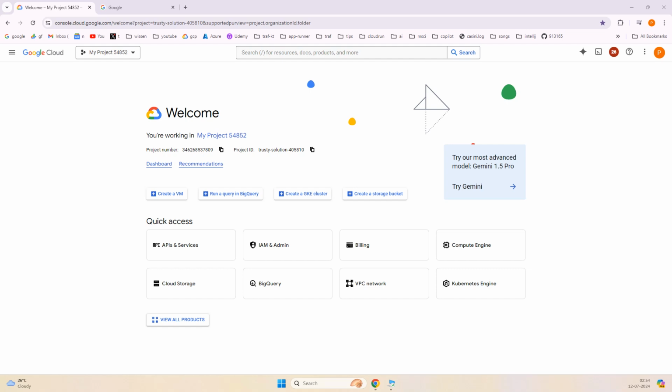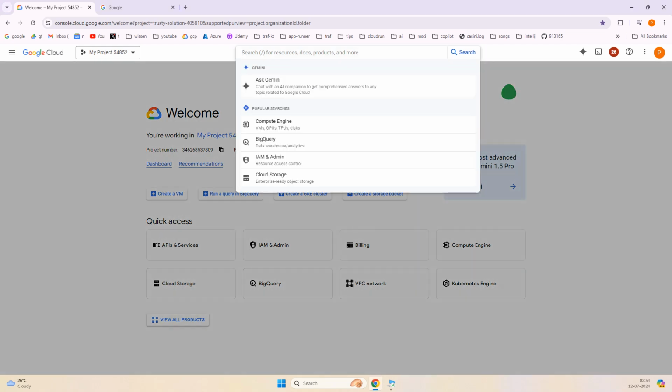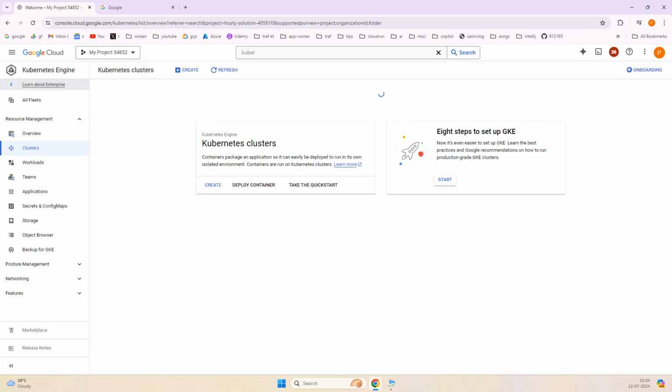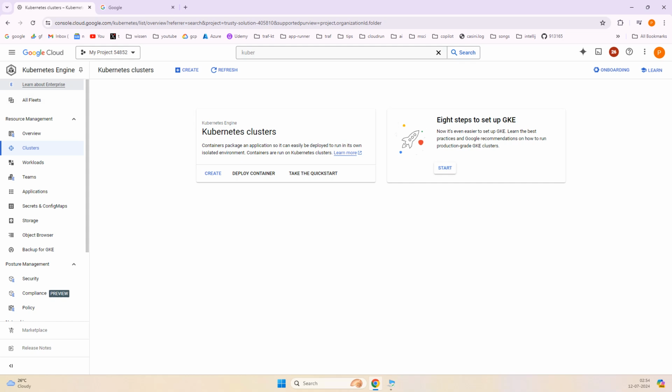So I'm in the Google Cloud portal, and here you can see in the dashboard Kubernetes Engine. You can click over here, or you can search for Kubernetes cluster or engine, either way. Once we go to this dashboard in the cluster, we can click on this create button,